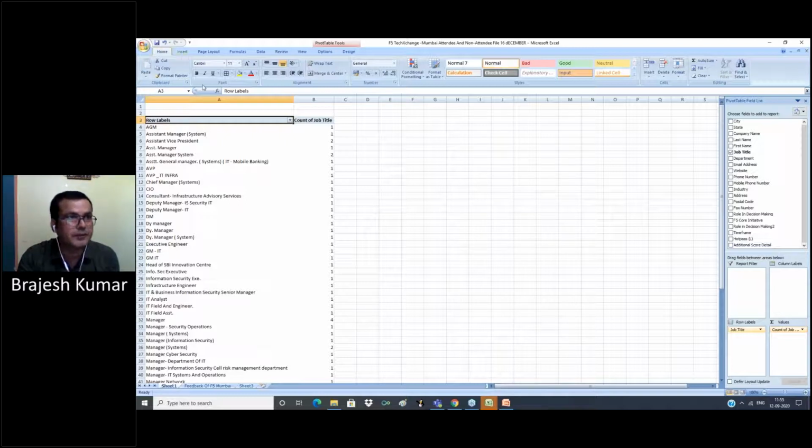for which we use our data, and also we use it to generate our reports. Sometimes we use a pivot table to show a report of our calling status, our database strength, and the updating of the database: how much data is updated, how much data is not updated. For this we use a pivot table. Mainly a pivot table summarizes your database.